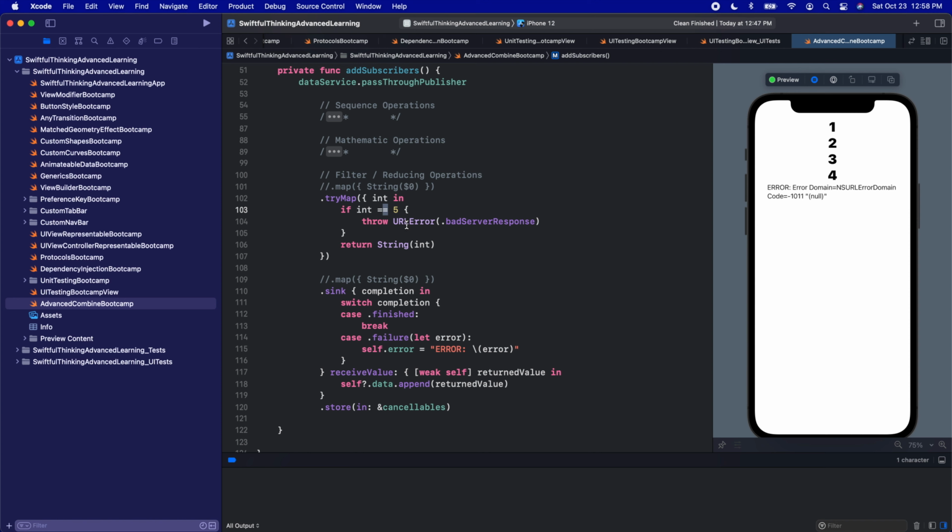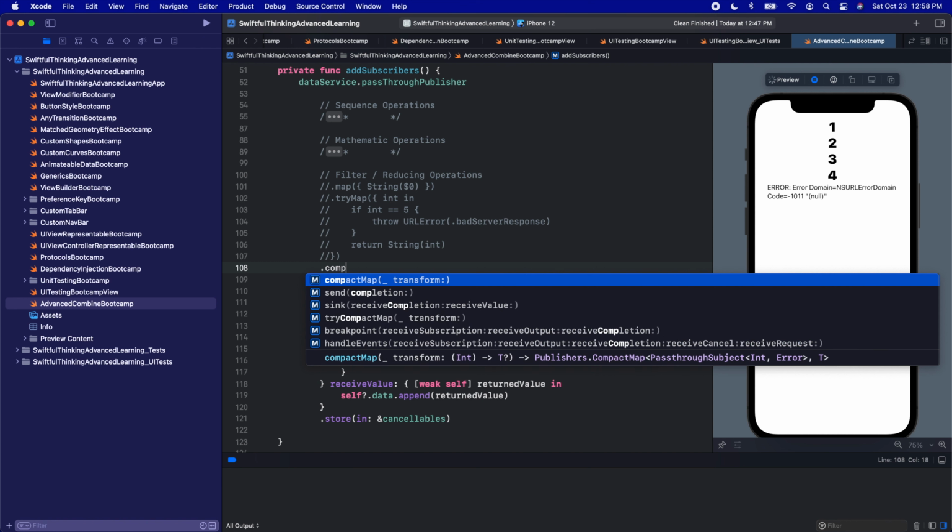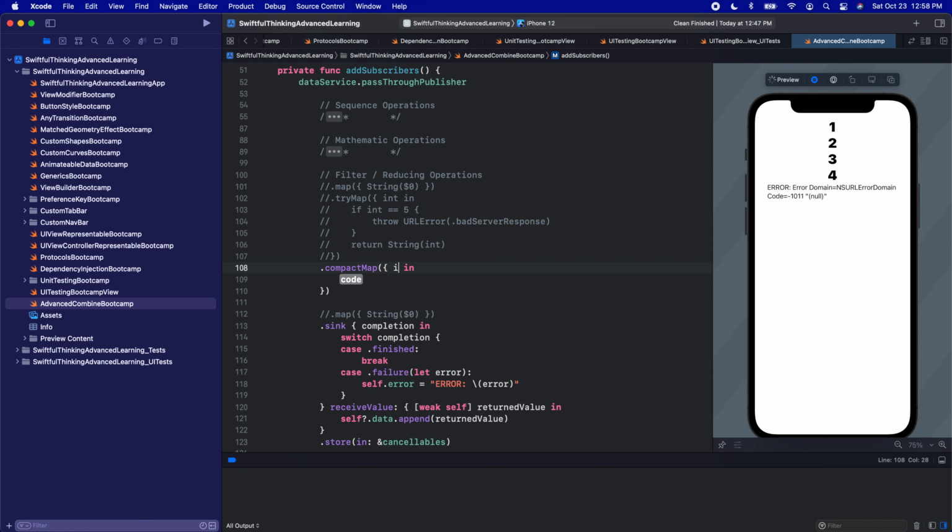Now, alternatively, you might want to try to map, but if something maybe doesn't fit your criteria, maybe you want to keep getting the rest of the publishes and just ignore the number 5. So what we can do, and let's comment this out here, is a .compactMap. And here I'll put the integer, and here we can add some logic for compact mapping, and I've covered it before. Compact mapping is basically the same thing as mapping, but if something doesn't work, we can just ignore that